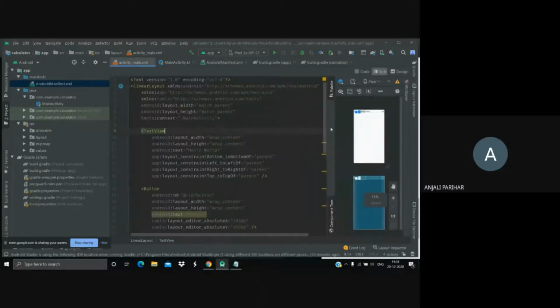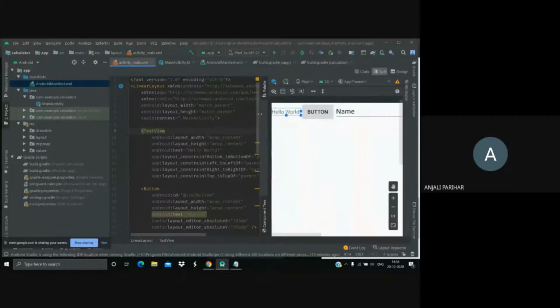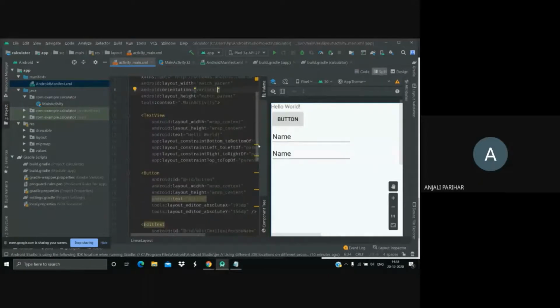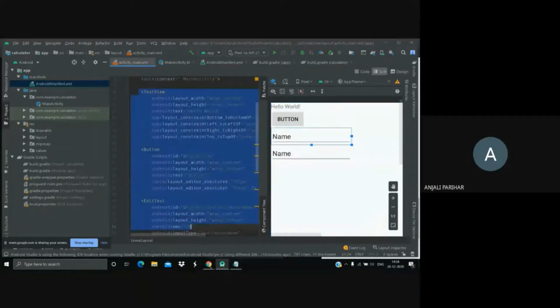Split it so you can see side by side what we are doing. By default, we need to give the orientation in the linear layout. By default, the orientation is horizontal, which is the very reason we are getting all of them aligned horizontally. The very first thing I'm going to do is change them to vertical. So I'll remove all of these things.